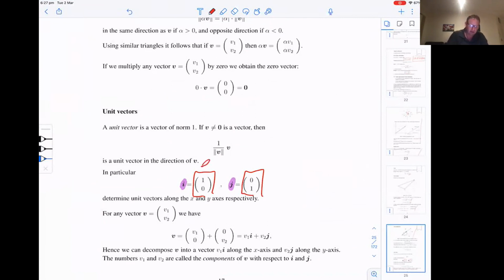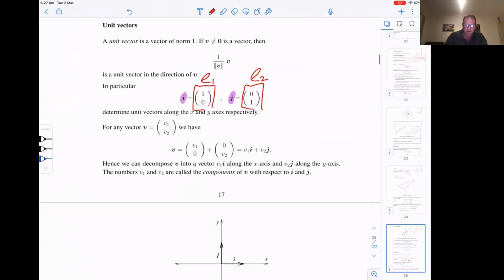Yep, E1 and E2, right? That's what we would call them. Okay. It's kind of nice to know that any vector V can be